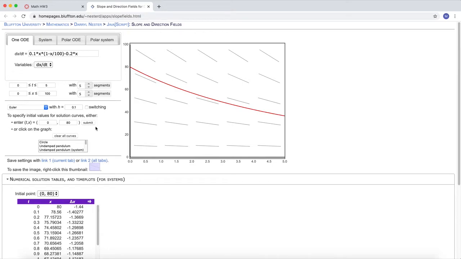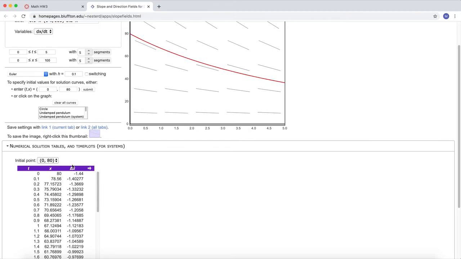And you've already got a time series of it here, so you see what's going to happen to the population. It looks like it's going down a bit, probably because people are hunting. With this, you see this is the hunting term right here. Anyhow, down here in the numerical solutions table, you actually have Euler's method being carried out with a dt of 0.1 and an initial condition of 80, and you have the x and the delta x, all the things that you would need to implement Euler's method yourself, you're seeing them in the table right here.